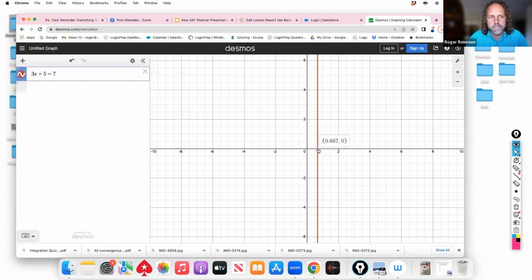Your answer is 0.667 and it solved it for you. And I don't necessarily see how this is beneficial to the determination as to who is better at mathematics than the next student. But nevertheless, the College Board has gone out of their way to provide this infinitely powerful software to everyone to use. So for anyone I've got that's taking the digital SAT, I am very focused on practicing and teaching the use of this computer program instead of the generic graphing calculator, if you've ever seen one, because